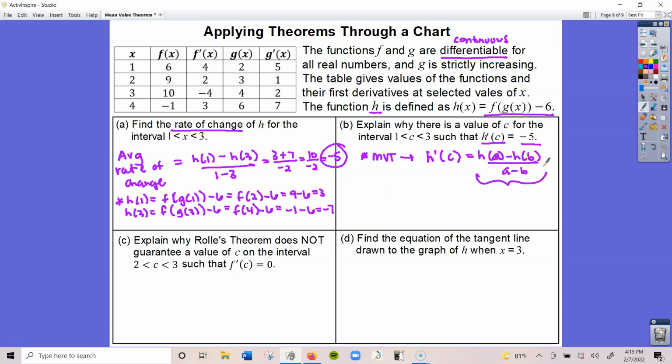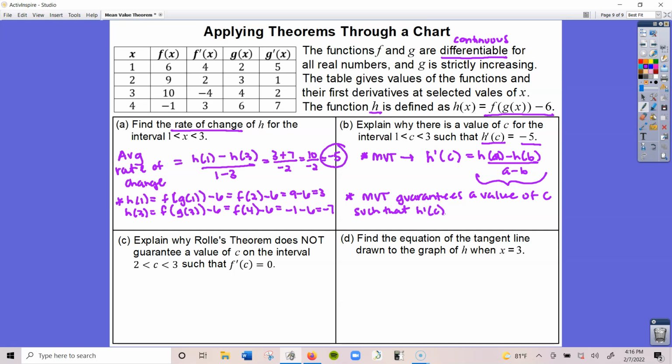Now we have found the average rate of change. I found this in part A. This is negative 5. So that means that over that interval 1 to 3, my average rate of change is going to equal my instantaneous rate of change. Therefore, what I can say is that MVT guarantees a value of c such that